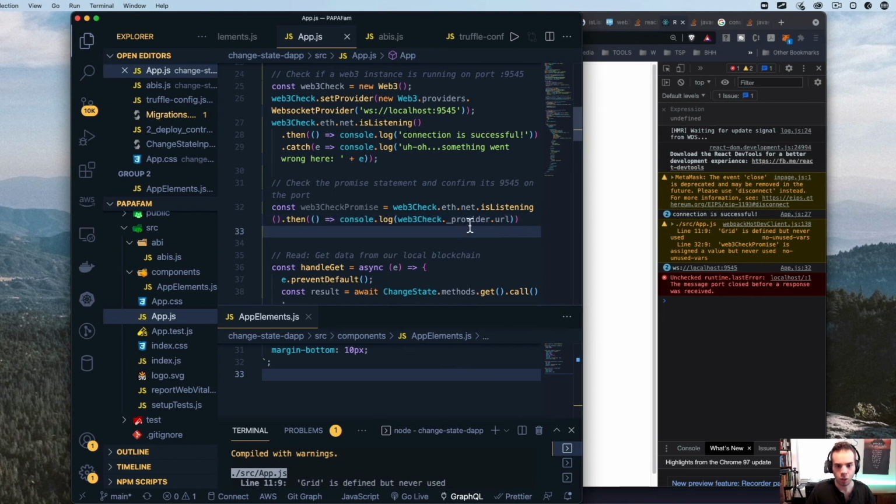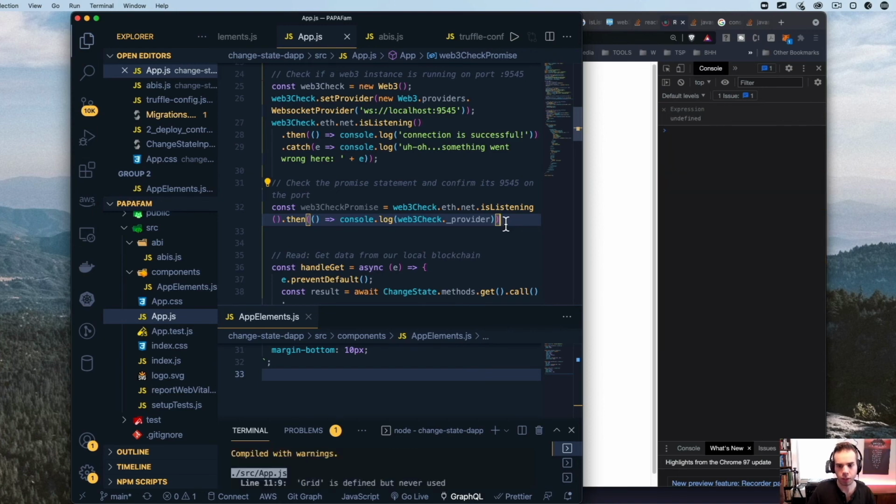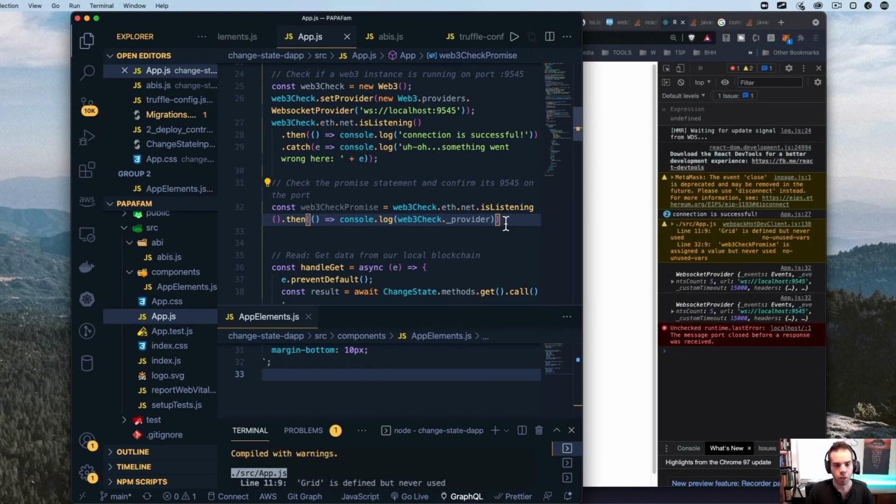Okay, so just to go back a little bit, I'm just going to undo the URL so that you can see. So when we are building off of this API, when we say isListening, that's just checking to see if there is that instance of Web3, which we already set with the Web3 check. So when we're running Web3 check with isListening, then we're passing in a promise to say, if this is happening, then run this and say connection. Basically, promises are for something that you expect to happen but hasn't happened yet. Sort of like async await. You just want to make sure that something is going to be happening in the future, and then you want to be checking for that.